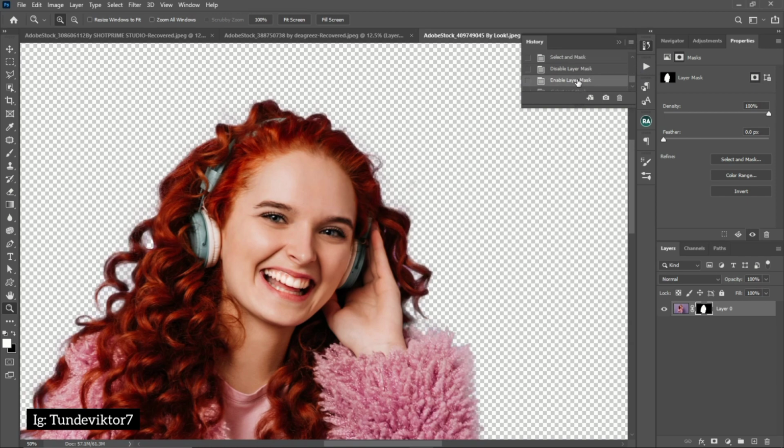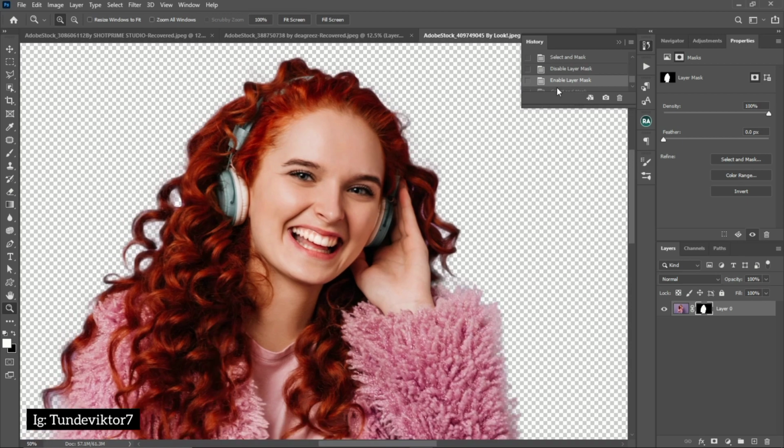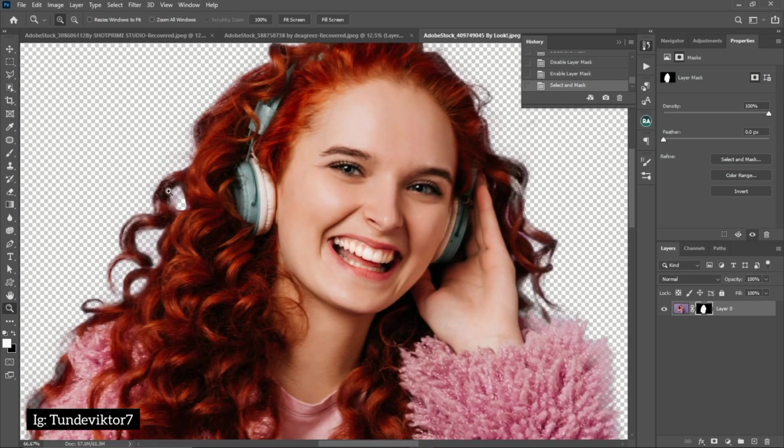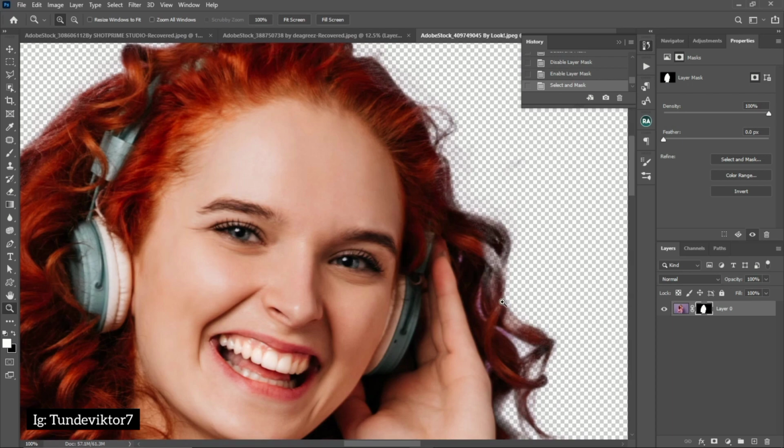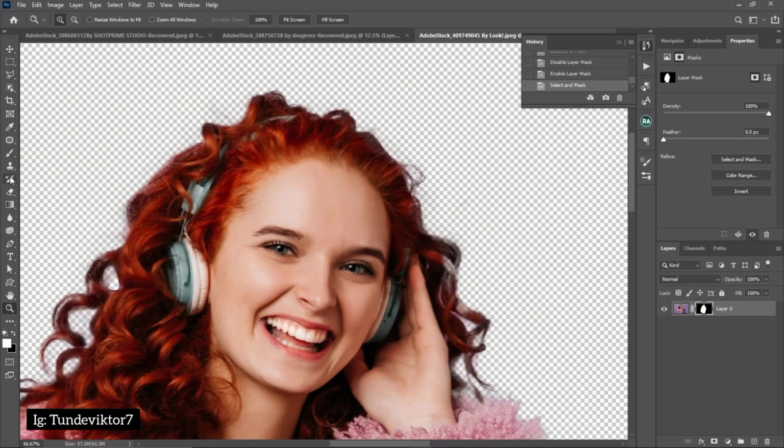So I'm just going to click OK, and I'm going to show you the before and after. So this is before we did the refine edge tool on the hair, and this is the after. You can see the hair is looking better, and also I can see there are some details that are affecting the hair. So to get those details back, all you have to do is use your brush tool. Make sure your foreground color is on white, and just paint over those parts to get those details back. Just the way I'm doing it right now,